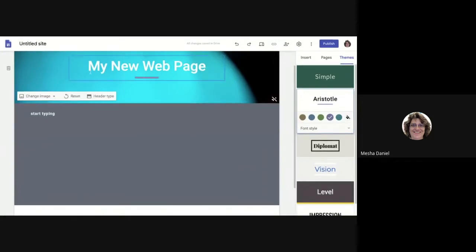And what it also does is it changes the font style, because I don't have the ability to change it to what I